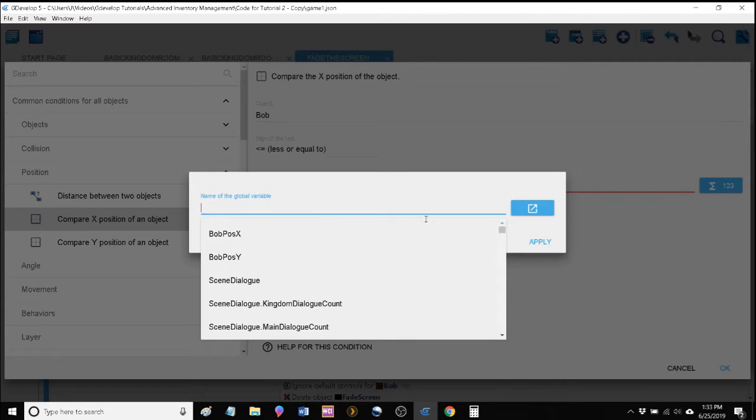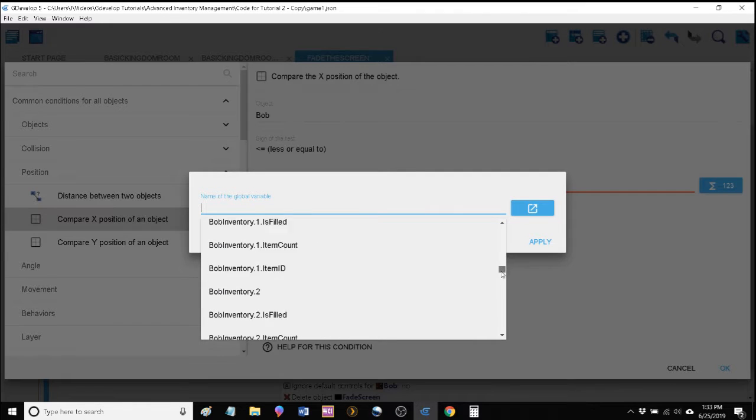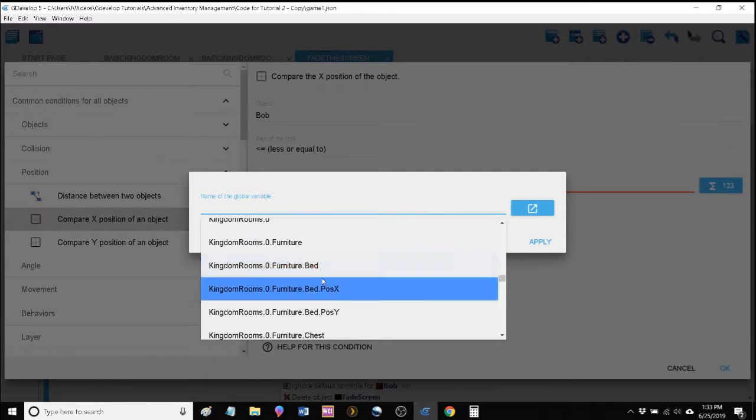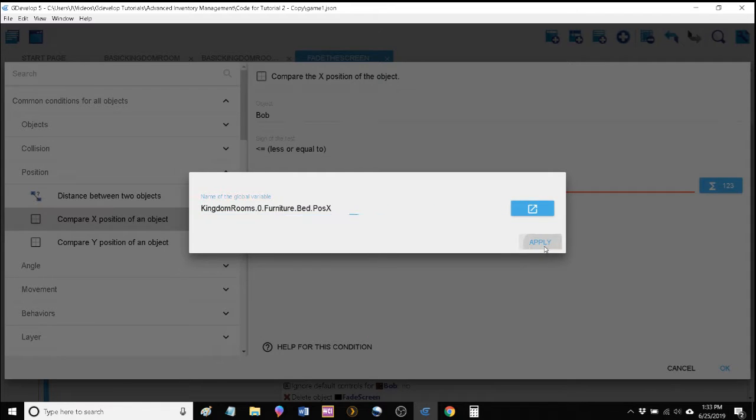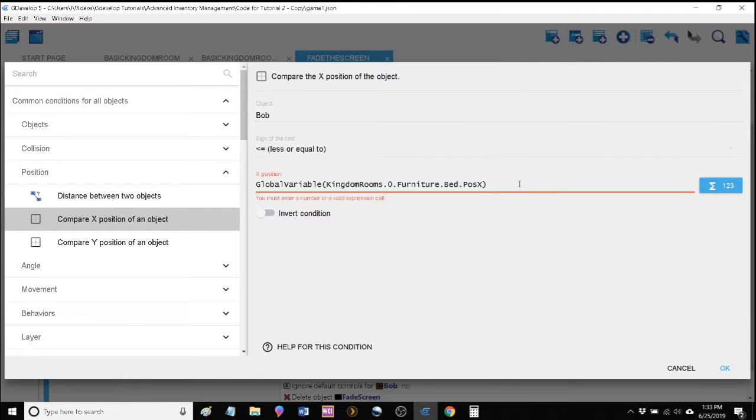Global variable. Here we go. Furniture bed, position x. This is our starting point. It's got to be greater than that starting point plus the width of that object, which is 100. Now that would take us right to the edge of the bed. We want to clear that. So let's do plus another 32, which is the width basically of Bob. We'll move him. So if Bob is less than or equal to this end position here,